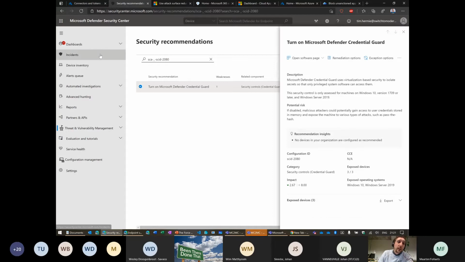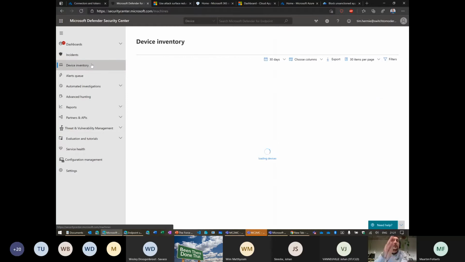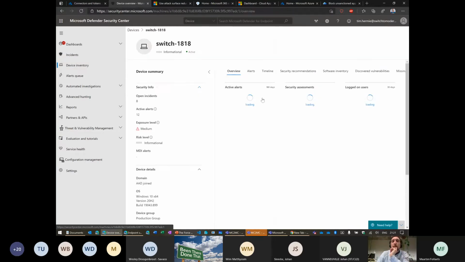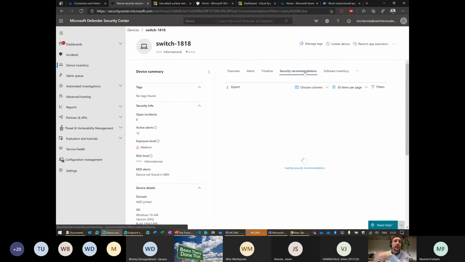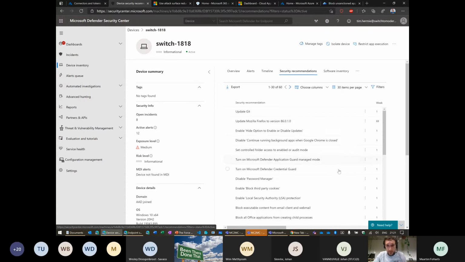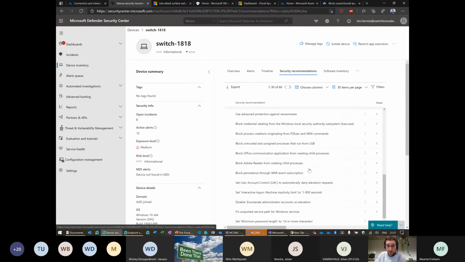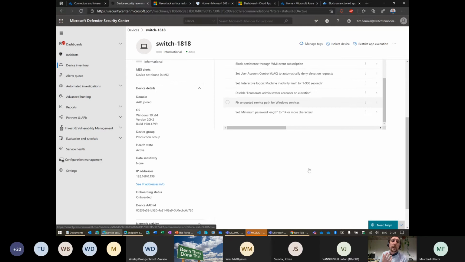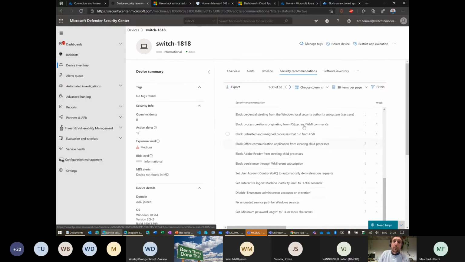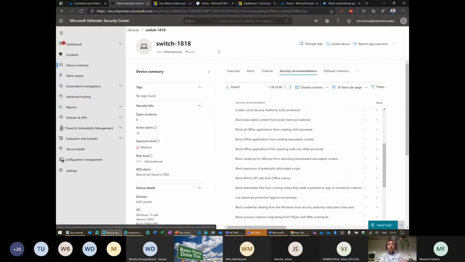So what is my advice? If you have it, go over my steps, flip all the switches, make sure you connect all these features together, create device groups, put auto remediation in order, and follow up on your device inventory. Here, with security recommendations, you can make your security on your devices even more secure. There are a whole lot of them, like you can see here, and it will only make your secure score higher or better. Let's say it this way.